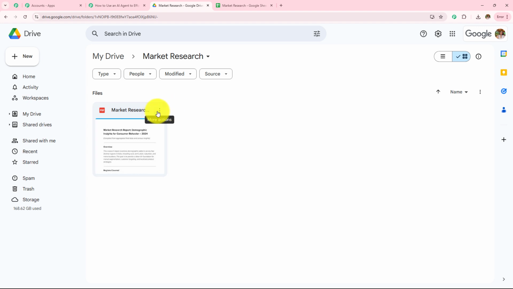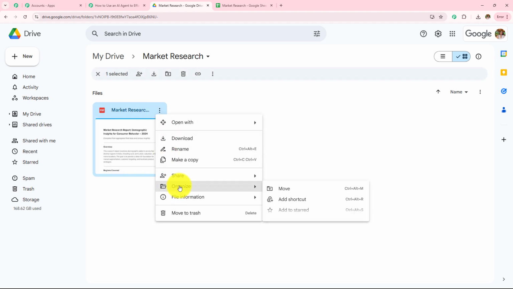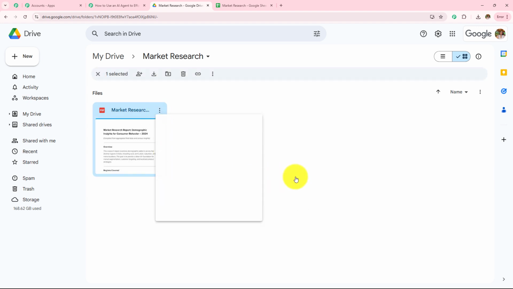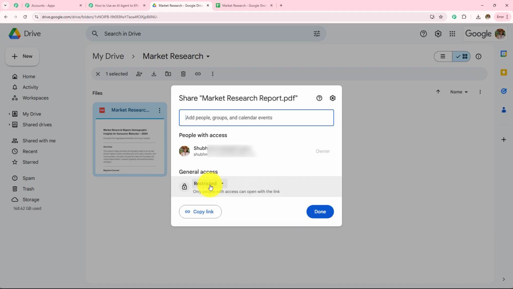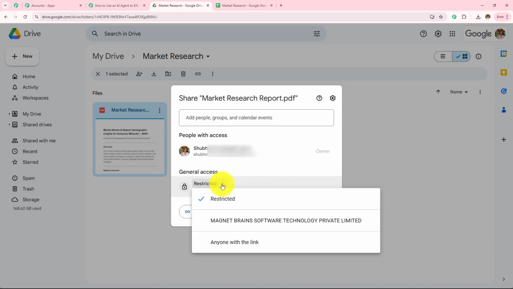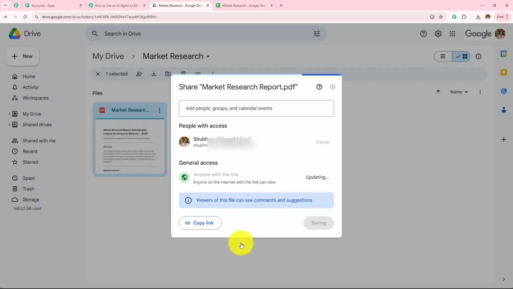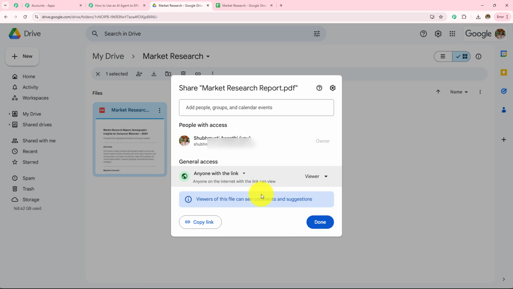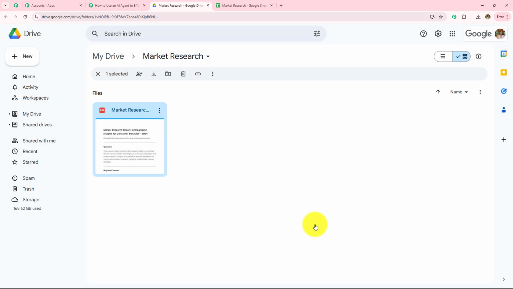Now after that, I have to click on these 3 dots, from where I am going to click on the share, and then I have to click on the share. Now over here you can see that the general access is restricted, and I have to give this general access to anyone with the link. So I have selected that, and now this file or PDF becomes accessible to everyone. If this general access is restricted, the file cannot be extracted, and now that I have given the general access, the file becomes accessible and the data can be extracted with the help of AI agent. Now I'm simply going to click on this done.